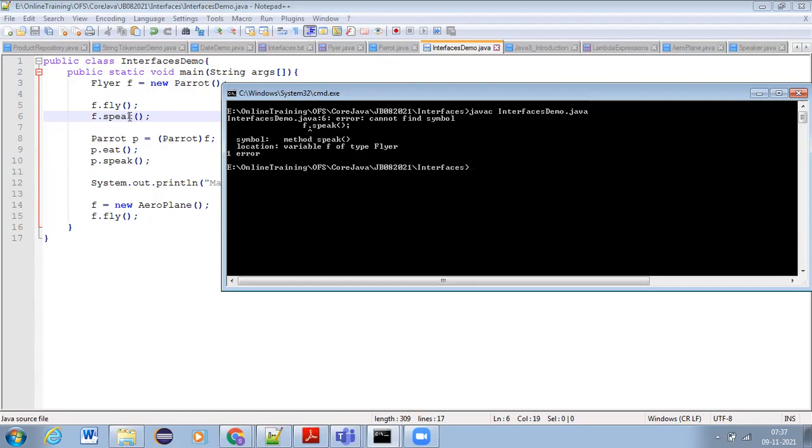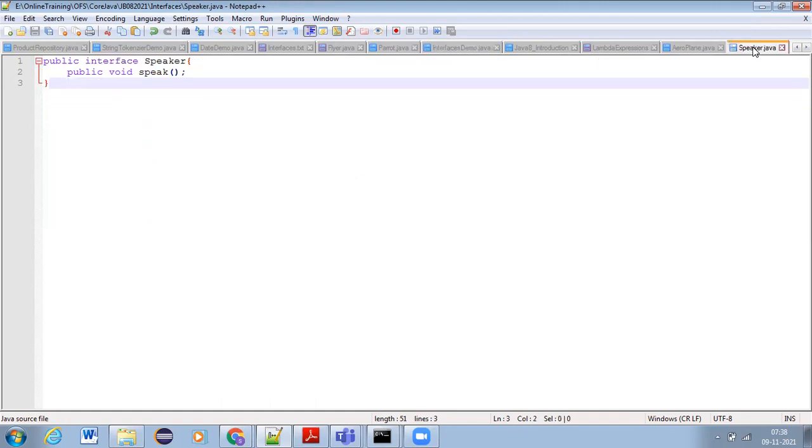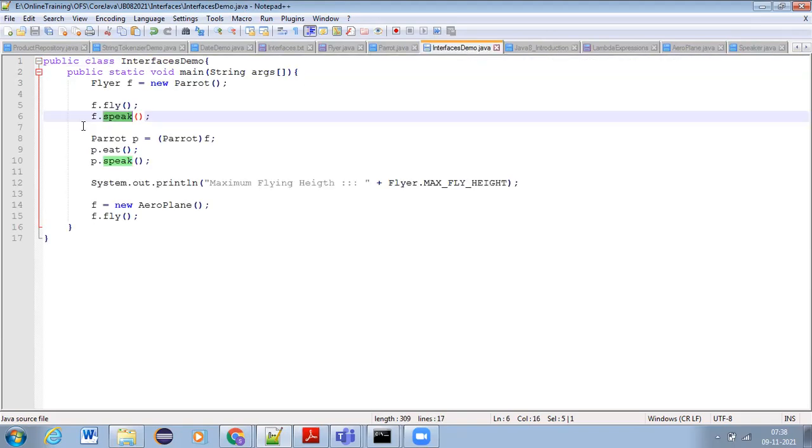Because the speak method is a member of which interface? Speaker interface, right? But how are you trying to call that speak method? Using the Flyer interface reference. F is a Flyer interface reference, right?